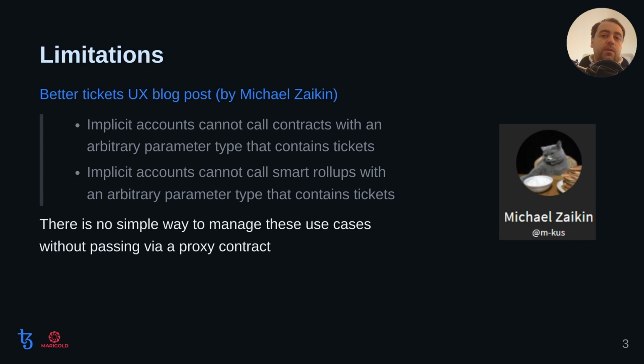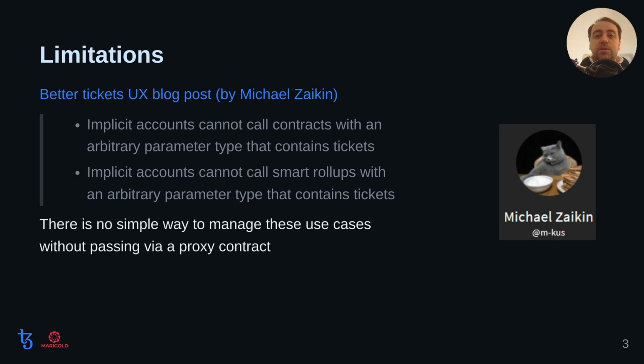So even if the tickets are inside of the protocol now, managing implicit accounts, there are still some limitations. The problem is that when we want to transfer a ticket from a wallet to another wallet or a contract or an input box, we cannot pass a ticket on the parameter of the entry point call. We can just call what is called transfer ticket, and this is the only thing we can transfer on the default endpoint, just a ticket.